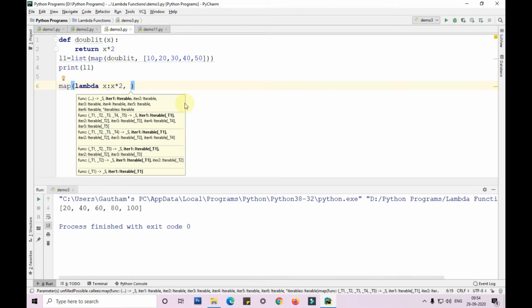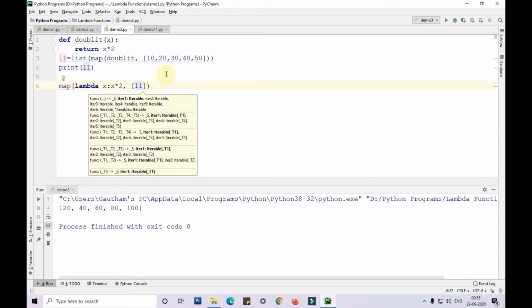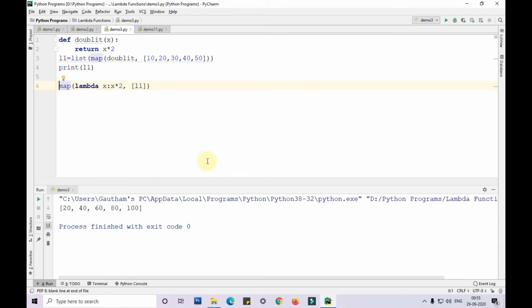Followed by a comma, then a list. I'll pass the L1 list here, and L2 is equal to list of that. So as you can see, whereas this takes four lines of code, we can complete the same thing in just 2 lines of code.